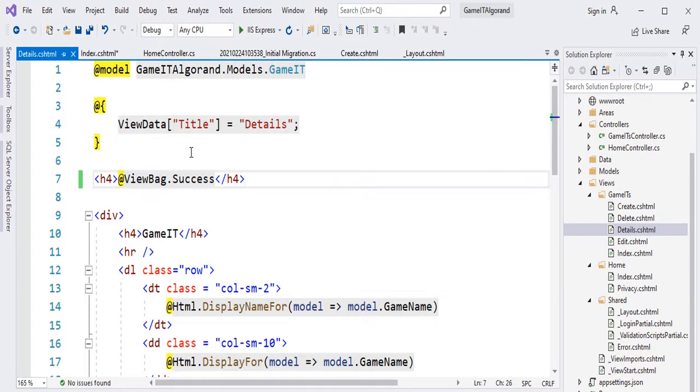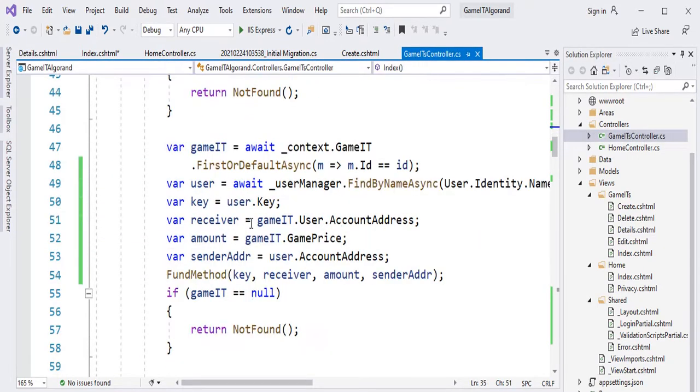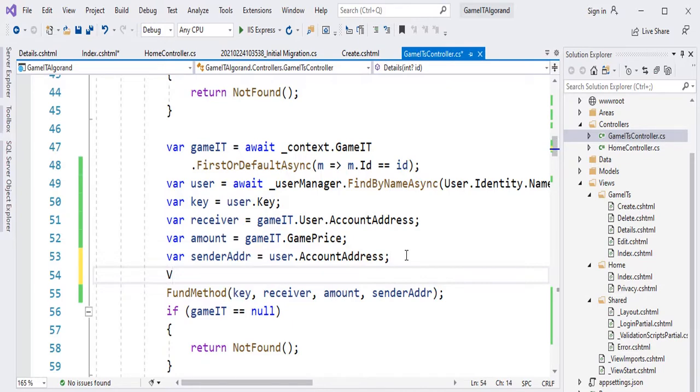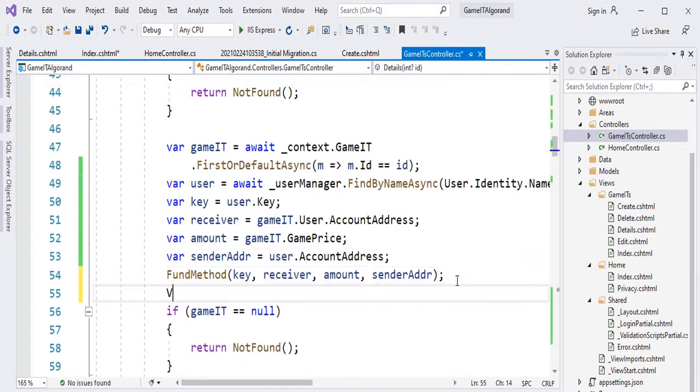This is the page responsible for performing the transaction because of our fund method, the static method that we added. So I'm going to pass in the viewbag just after the fund method. So this is going to be viewbag.success